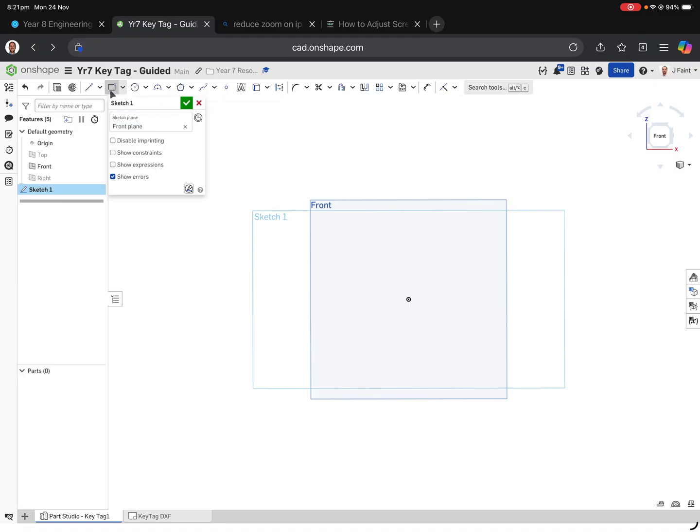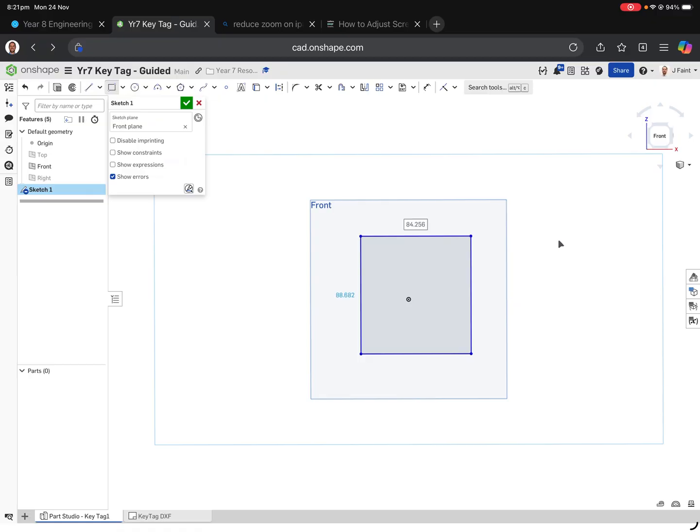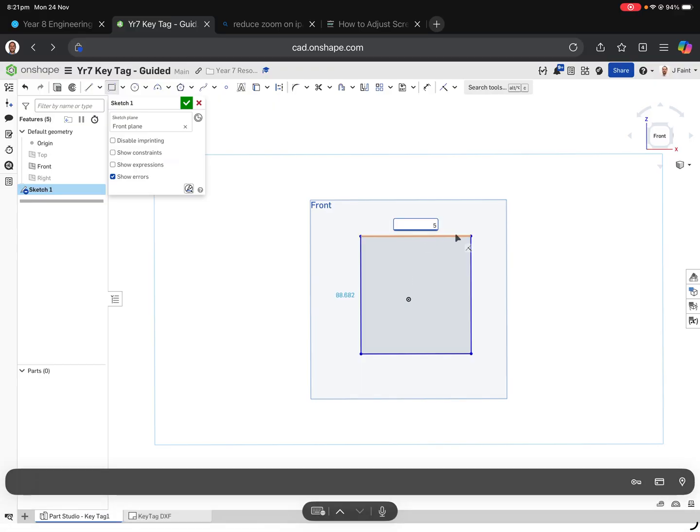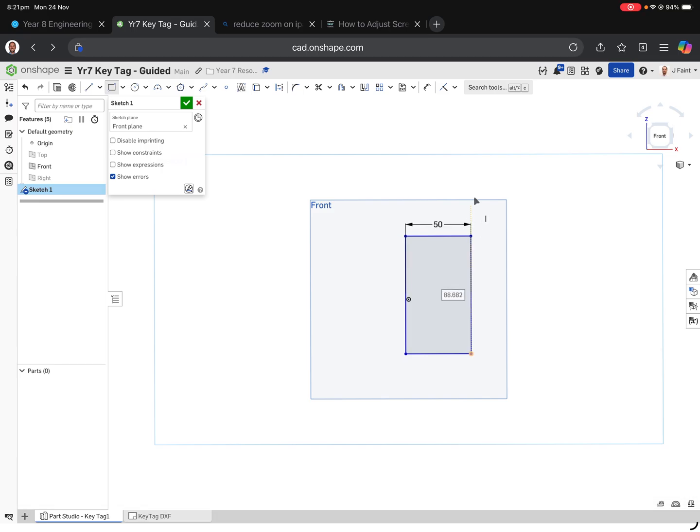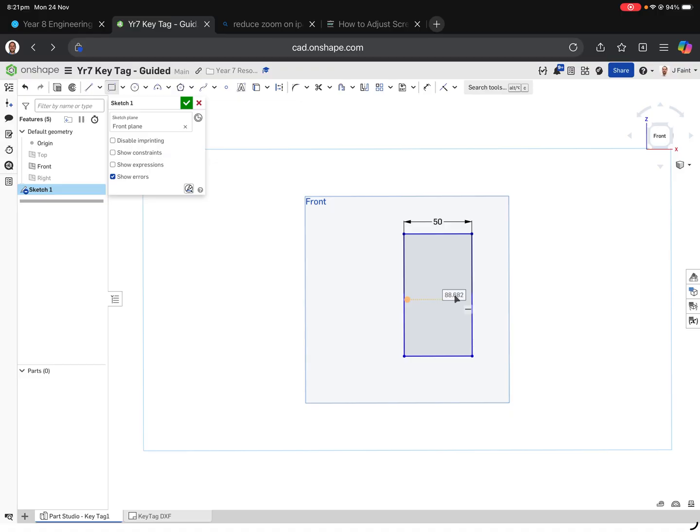So I'm going to draw a rectangle. Notice how it's been highlighted. I'm just going to click and drag. Okay, so that's now there. Notice if I don't touch anything else, there's a box here. If I start typing, so I've typed 50 for 50 millimeters and hit enter, it'll automatically change that. I could add the other dimension over here, but